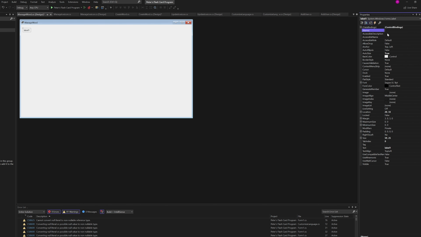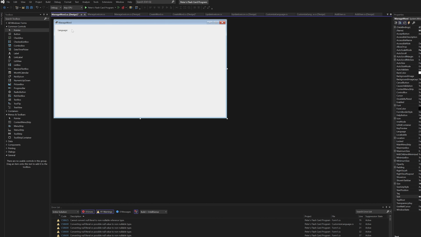The first label is just going to be a label informing us of what the language is. So we're just going to call this the word language. And the text down here will say language. Boom. Now, the way that I'm envisioning this is we're going to actually fill out what this is for most